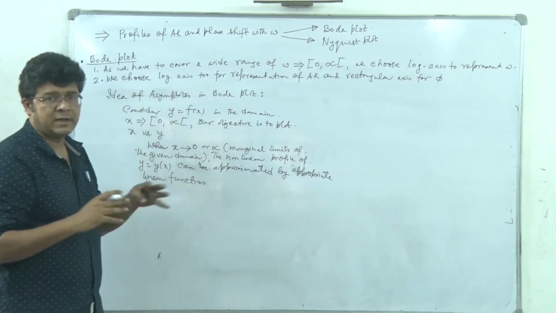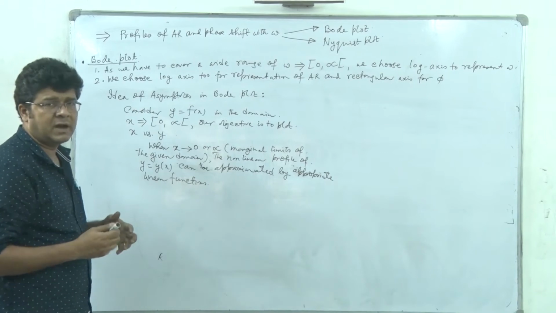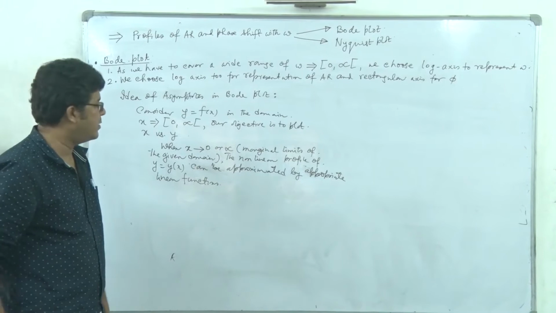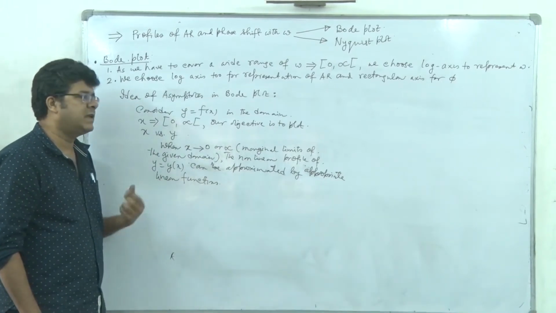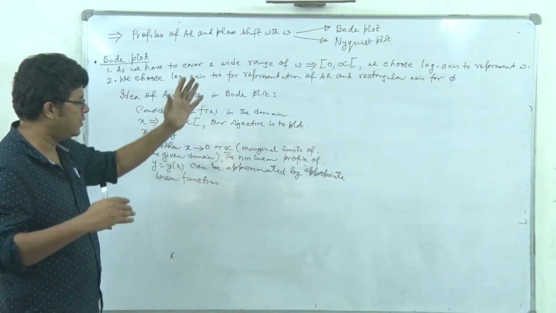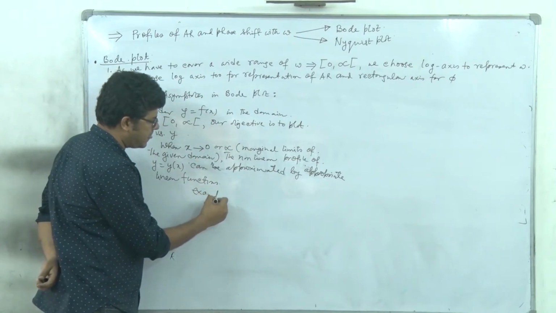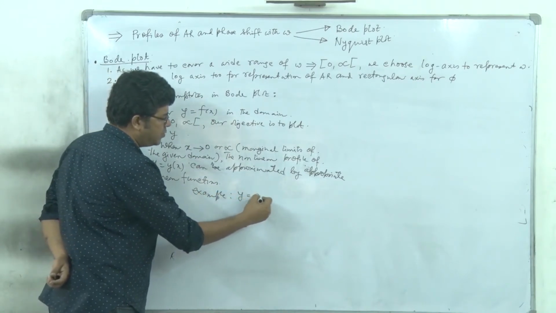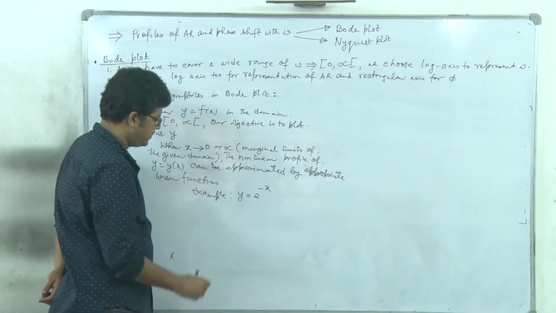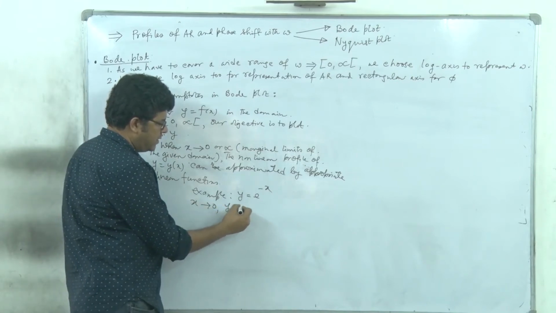Right. So when the independent variable tends towards the marginal limits, that may be the beginning or the left hand side limit, or the right hand side limit, the respective function we can approximate by linear functions of y and x. Though these two linear functions may be different. So let's think of an example that y is equal to e to the power minus x. Right. So you see, when x tends to 0, y tends to 1,